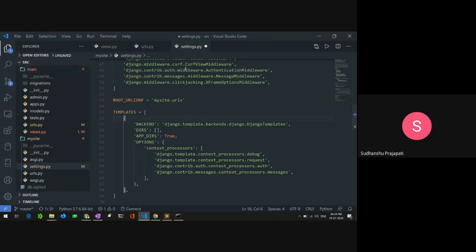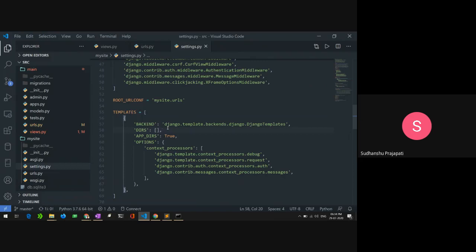So Django won't be able to figure out which template is related to which template, and you might see something unexpected that you don't want to see. So we can work without even specifying the dirs for now. I just gave you the configuration settings that are required to work with the Django templates, but for now, I will not give anything inside the dirs.